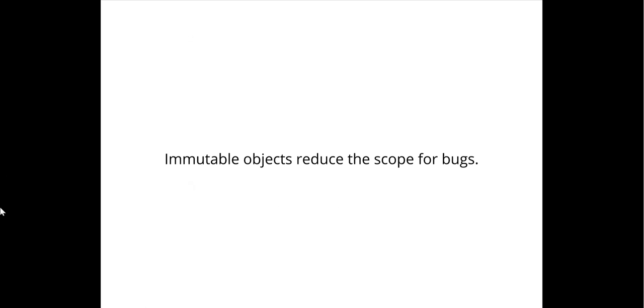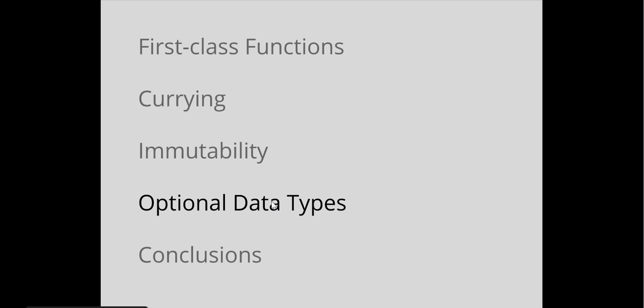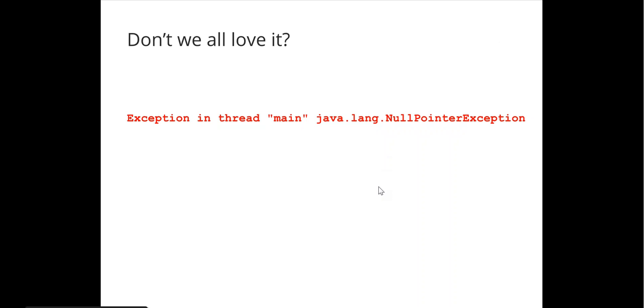Now we're going to talk about a related topic, which is also about reducing the scope for bugs, called optional data types. And I heard that's something that Richard particularly enjoyed before going to the pub, isn't it? Optional data types before going to the pub? No idea. Okay, optional data types. What they're really trying to solve here is this, our friend here, the null pointer